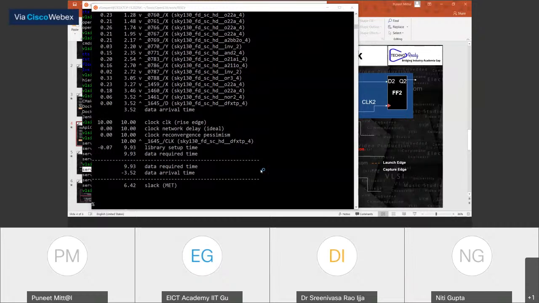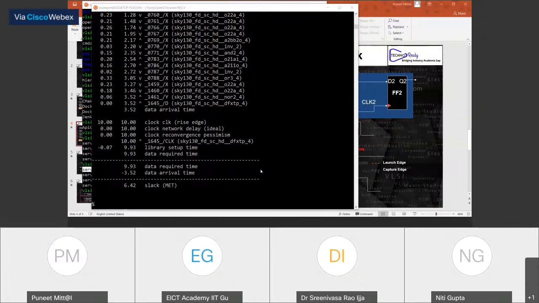Yesterday also we discussed this thing, when I asked you to give me 4 or 5 differences. The same thing I'm going to ask you right now, but now I'm going to explain what all those differences are, and in the report how you can figure out which is a setup report and which is a hold report. We will also discuss how you generate the setup and hold report between the same two paths. Right now, we just mentioned setup path delay as max, hold as min, and you're getting a certain slack.